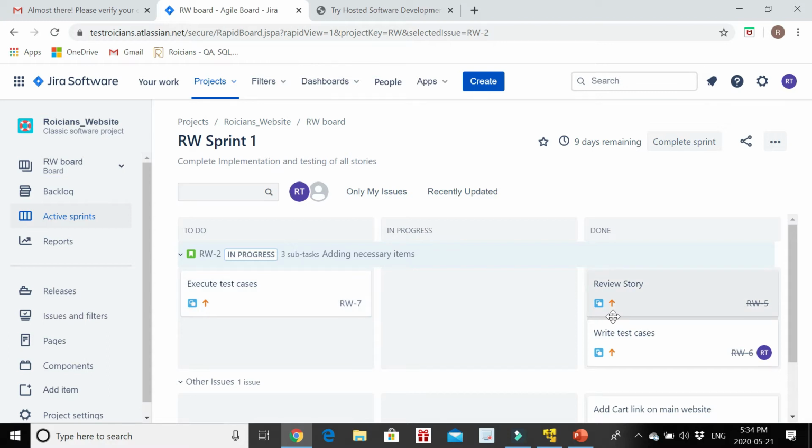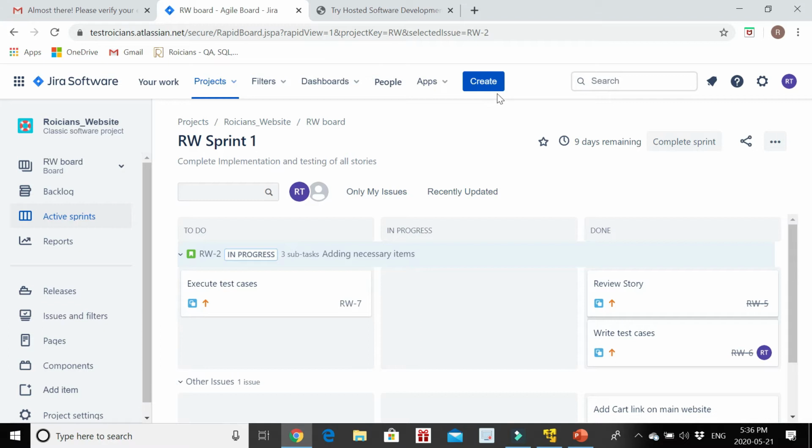Let's say during the execution I found that this particular expected result is not matching my actual result. I'm gonna log defect for it. I found out that the link to reach the cart page is not navigating me to the cart page. The expected result is whenever I click on the cart link, it should navigate me to the cart page. But when I actually did so, I was not able to open the cart page. So I have to log defect for it.